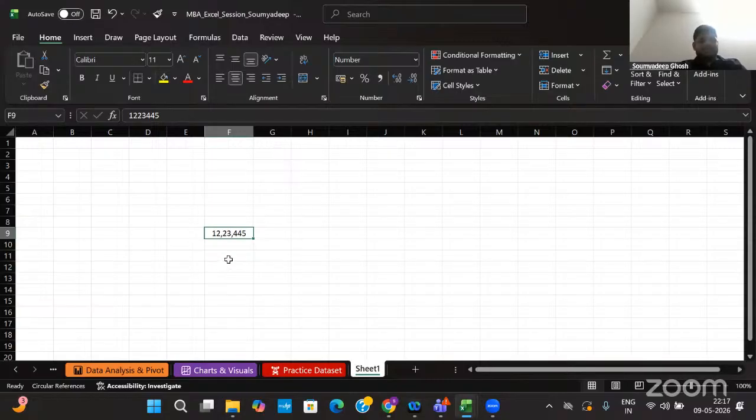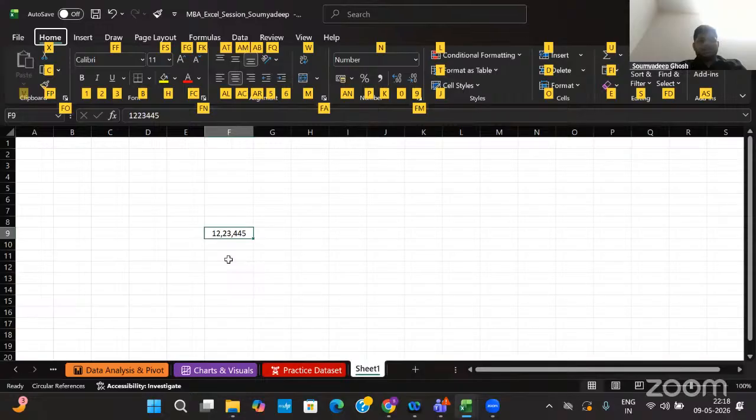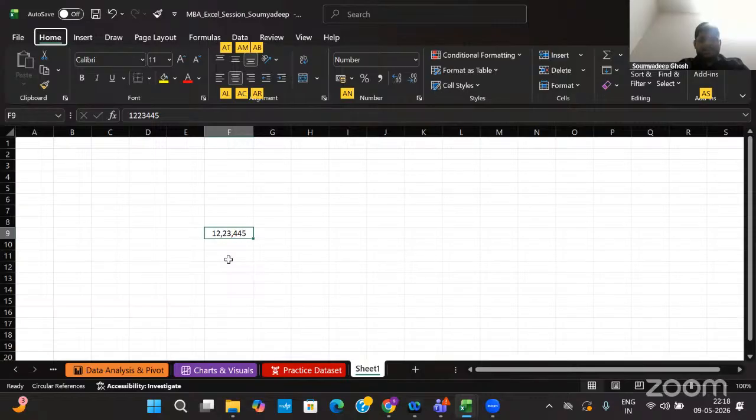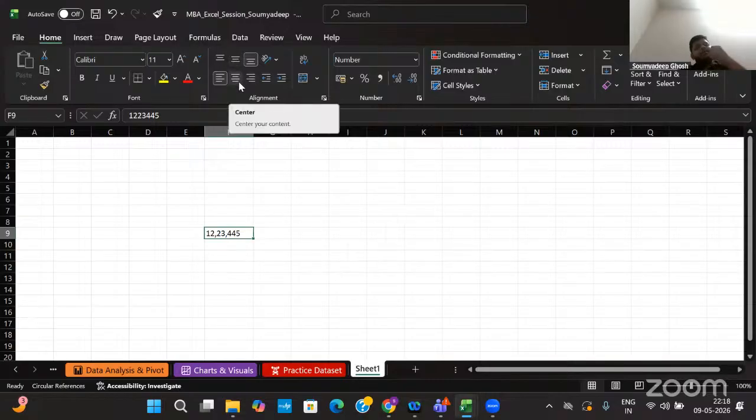So again, I am just reiterating the same thing. What I did: Alt, H. I just want to align it left, AL. Now you can feel that we can select everything and do this operation from the ribbon pane. But again, it is a best practice to use the keyboard more and mouse use should be minimal. So in this way, you can format and align any cell.